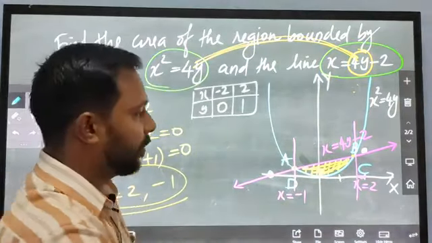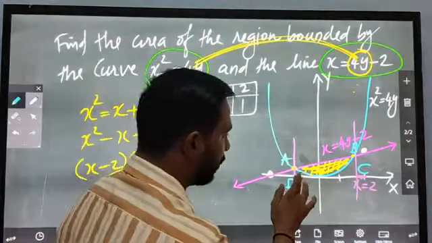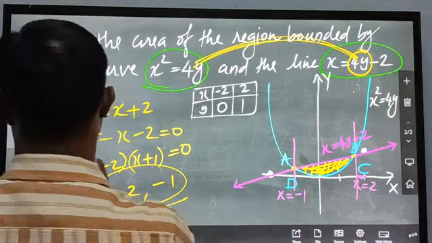When you are finding the area under the straight line, you will get this quadrilateral, the area of this quadrilateral. But we don't need these two portions, right? So we have to subtract those portions, which is clearly the area under the parabola. Area under the parabola means this much, right? This triangle plus this triangle.